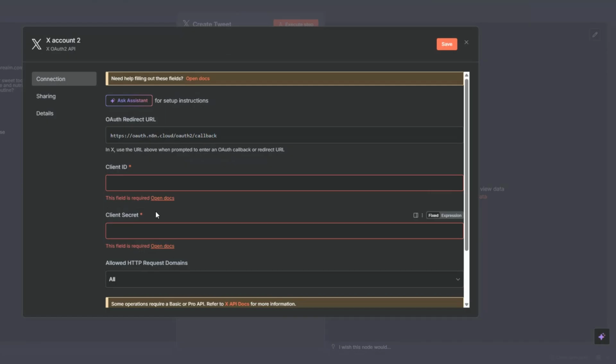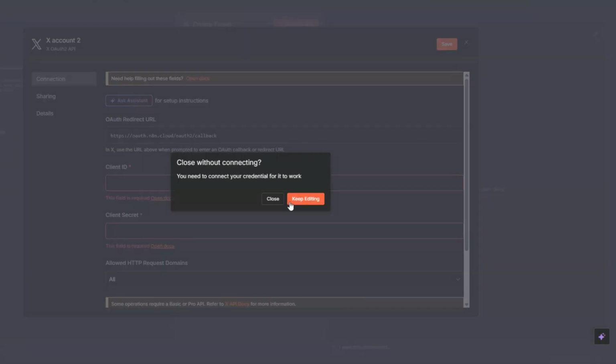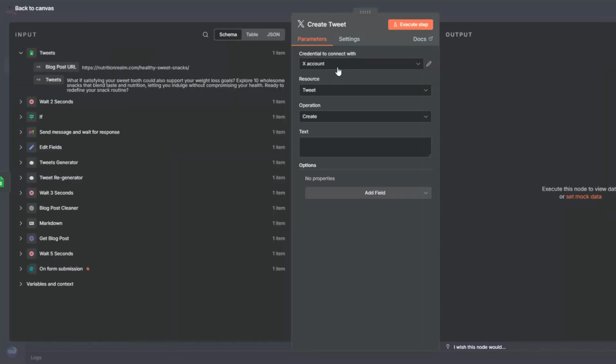And then click on sign in to connect your Twitter account to an agent. Then after doing that, your credential will be created. I'm going to close this right here since I had already created my credential right here. And then here we're going to map the tweet that we just generated using our workflow